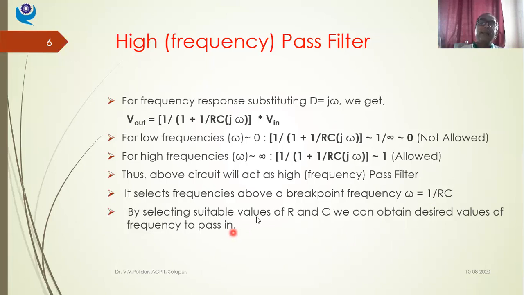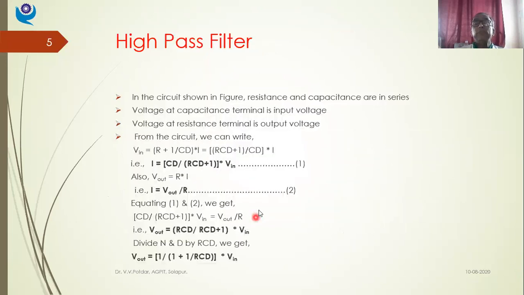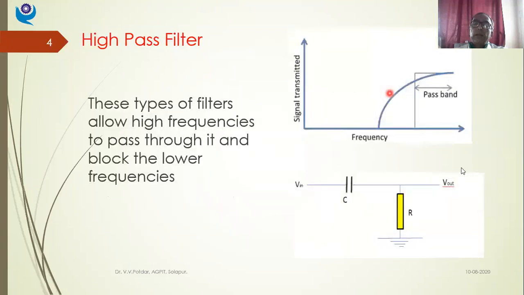So what does it indicate? Let us go back to the sketch. Beyond this frequency value, only the signals with higher frequencies are allowed. The signals with lower frequencies are blocked. So only higher frequency signals are allowed. So this is the pass band. Beyond this threshold value of frequency, which I am going to decide based on 1 upon RC, or the resistors and capacitors I am going to select, I decide which frequency can be allowed and which frequency can be blocked.